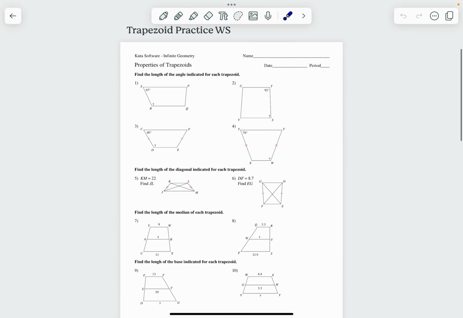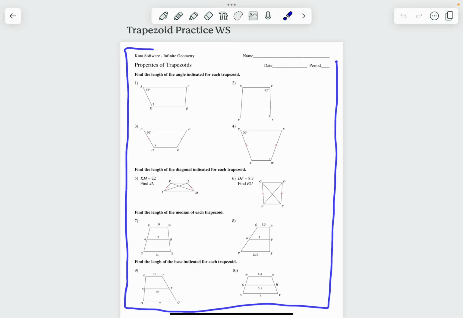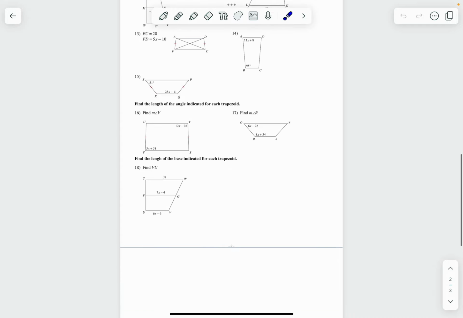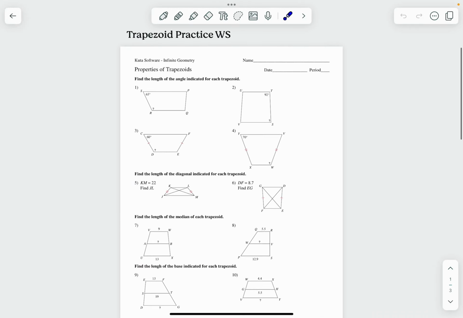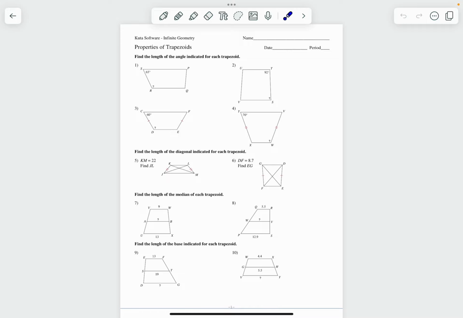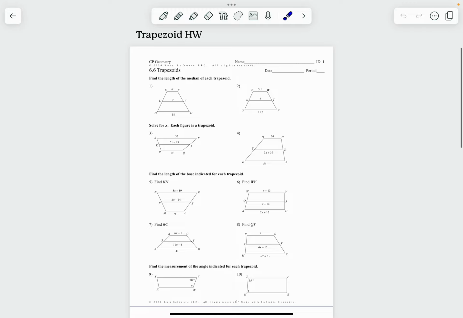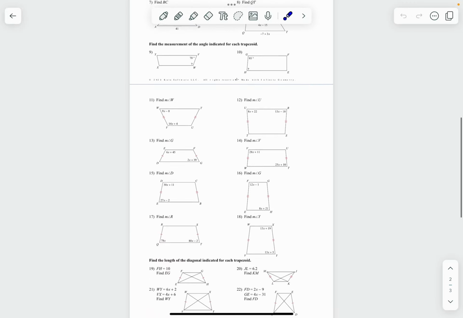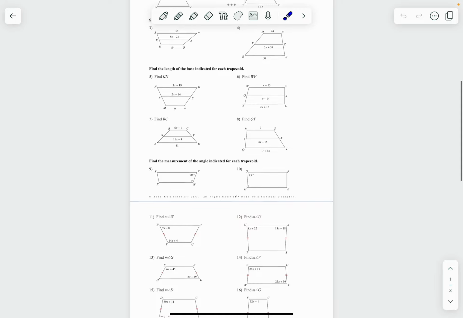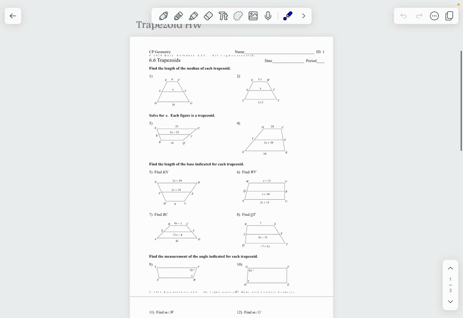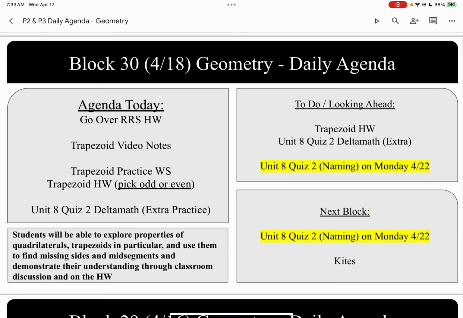Right now, complete the trapezoid practice worksheet, both pages, and make sure you submit that to Schoology. After you do that, complete the trapezoid homework, pick odds or evens. And if you have any questions, please feel free to email me and let me know. There is a Delta Math available. Please use that as extra practice,